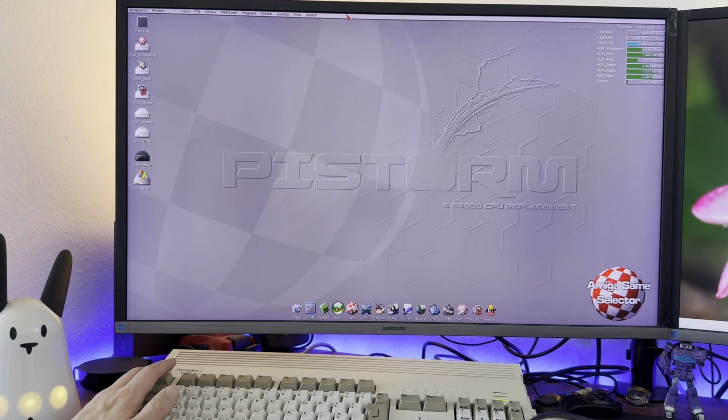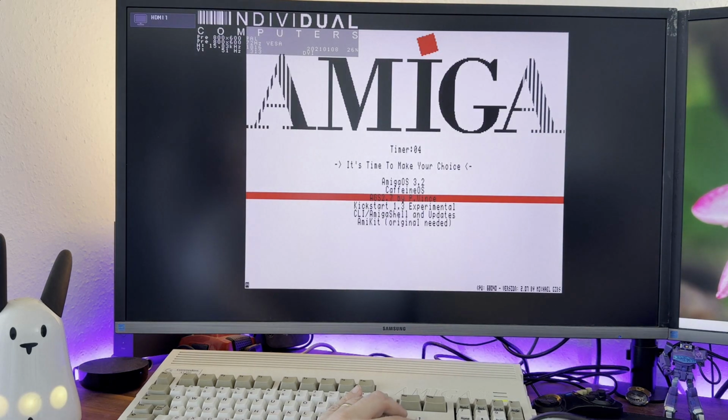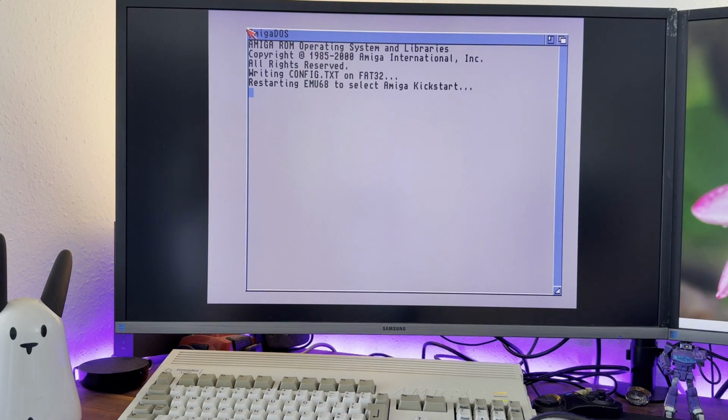And just hit escape and get to the Workbench, which is running in RTG. And I'm going to restart. Go back into RGB mode. Right, and then to switch to RGB for AGS, if I go into the CLI Amiga Shell option on Multiboot,